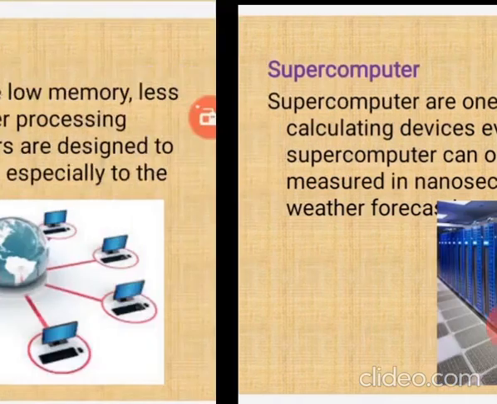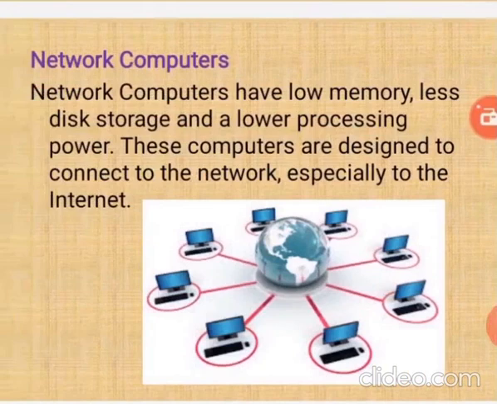You can see the network computer, see the picture which is given on your screen. Just one big globe is there, and to that globe different computers are connected to each other. Means you can do your work. Say you are using the internet. So at a time many people use the internet to do their work. So these are called network connections. So the computer has less memory and it does whatever work we want.